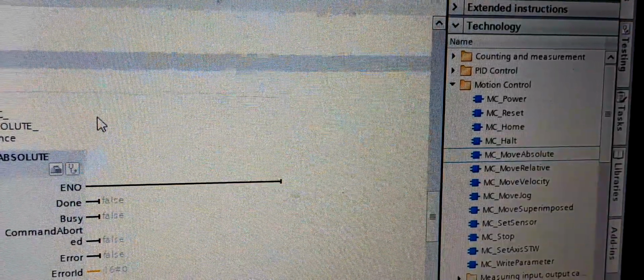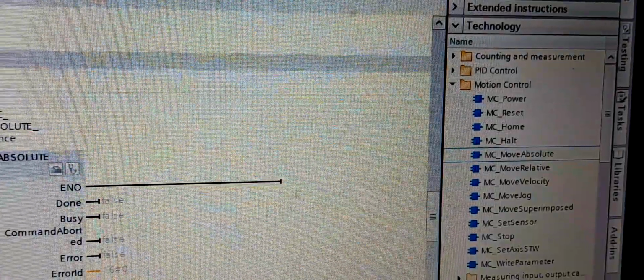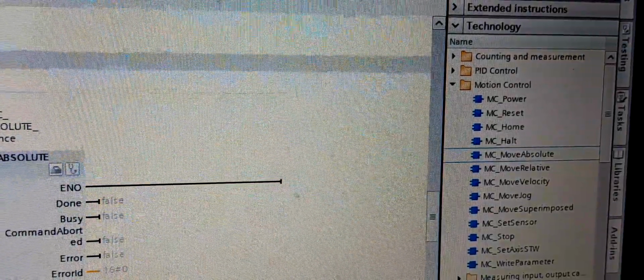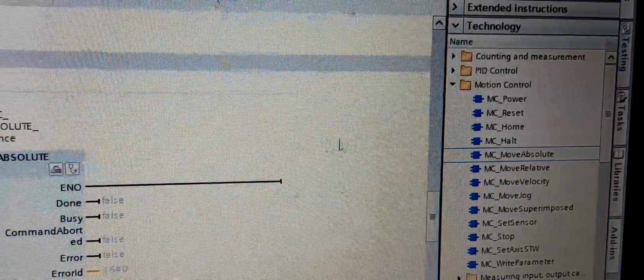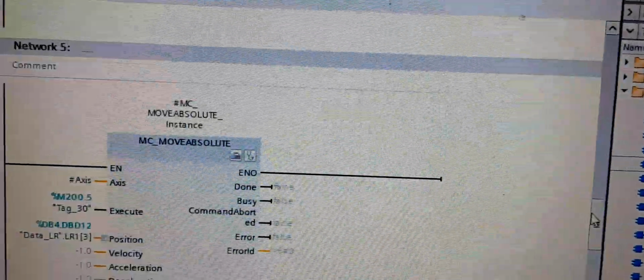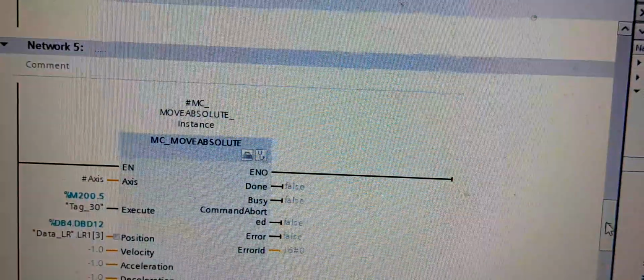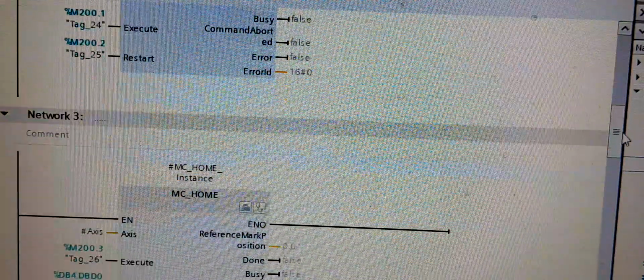In case of one drive, put the tag with its memory bit, byte 200, bit 5. Again, this is the power, this is the home,